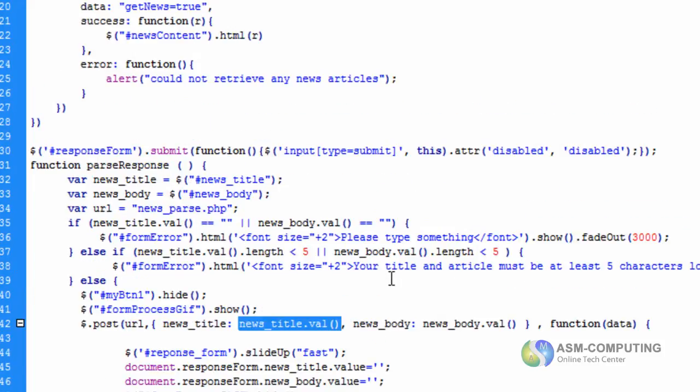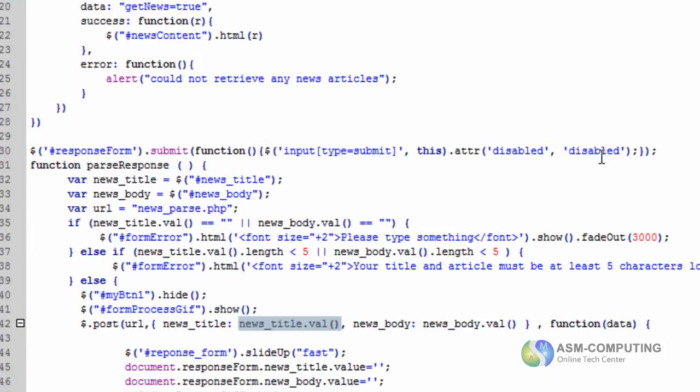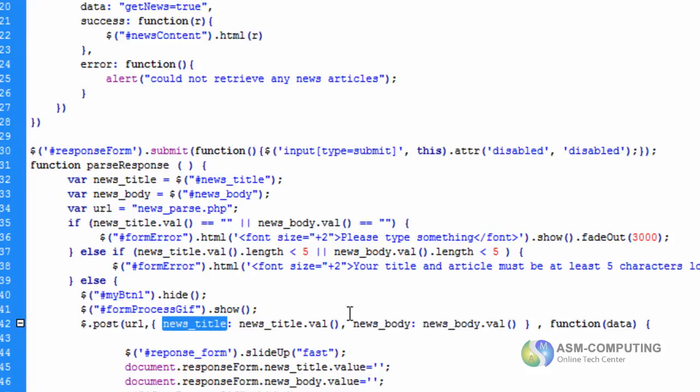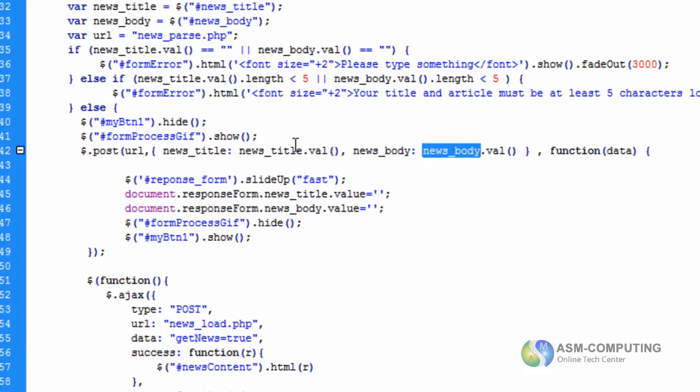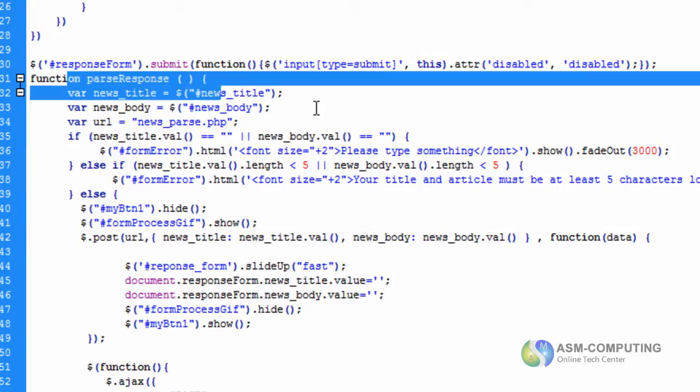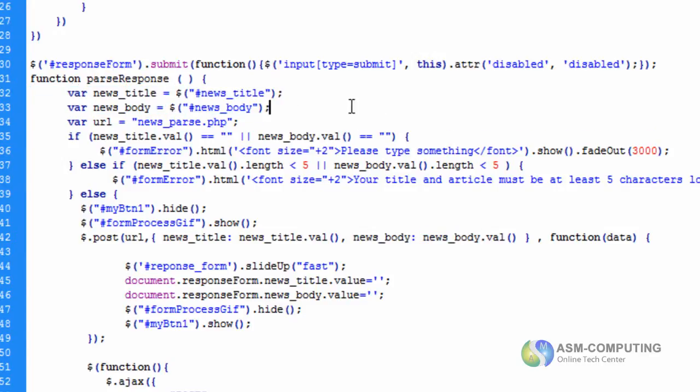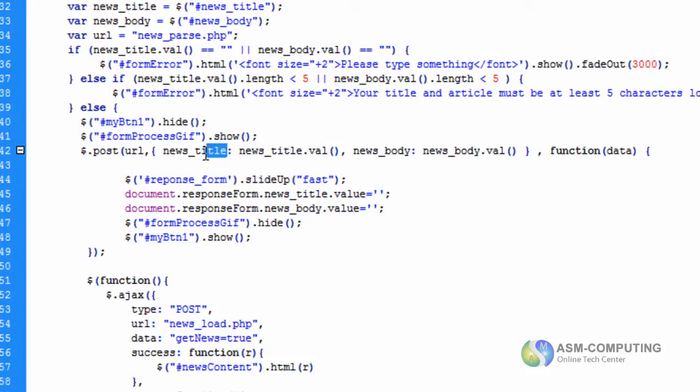And just to make sure that people do realise, if any of this doesn't make any sense, this side here, so this news title and news body and news title.value, are going to be what's corresponded to these two here, and basically this here on the left side before the colon, this one here and this one here, is what's going to be used once sent to PHP. So we put that in a function and we call that data.